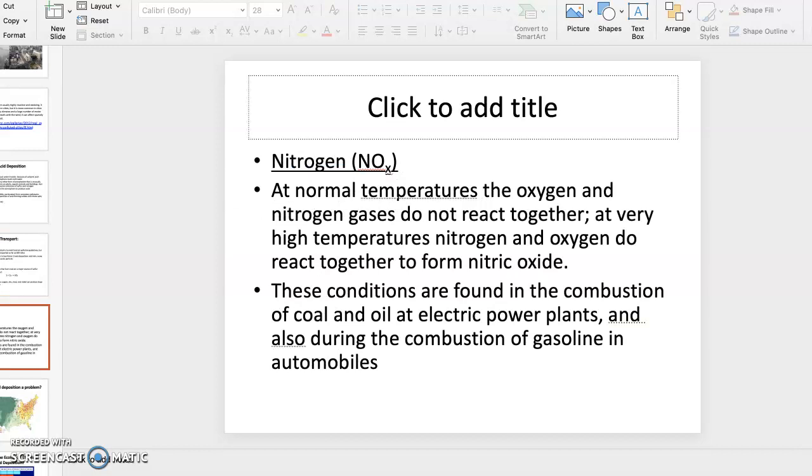And then NOx, again. So at normal temperatures, the oxygen and the nitrogen gases do not react with each other. But when temperatures get hotter, the nitrogen and the oxygen will form nitric oxide. These are going to be found in coal and oil combustion through electric power companies and also during gasoline combustion